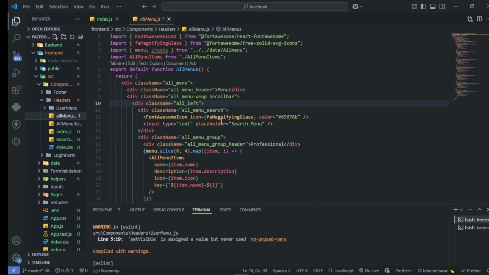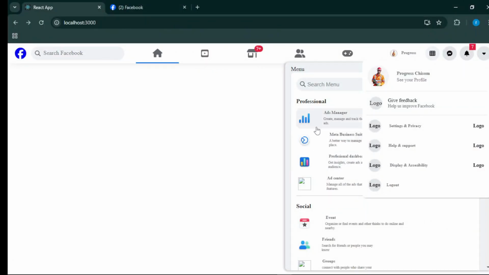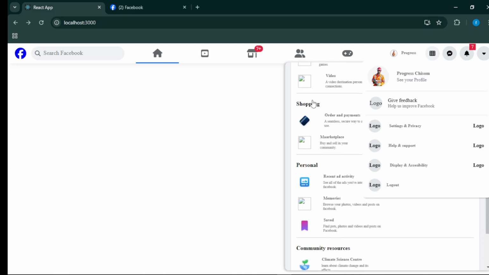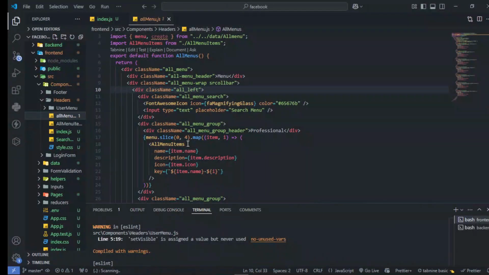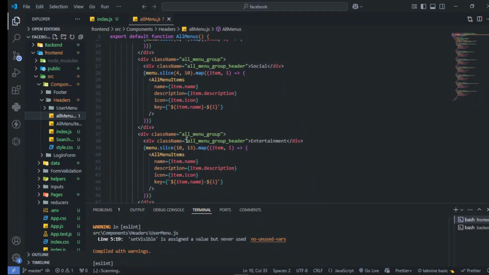So we have the menu, we have the professional, the social, the entertainment, shopping, and all of them. So I created them all here. You can just go through the code. So right here,